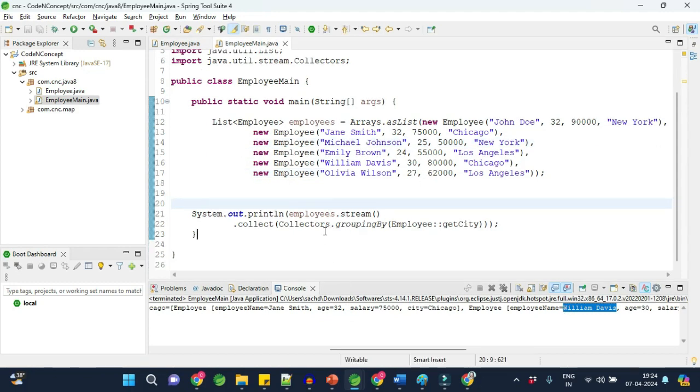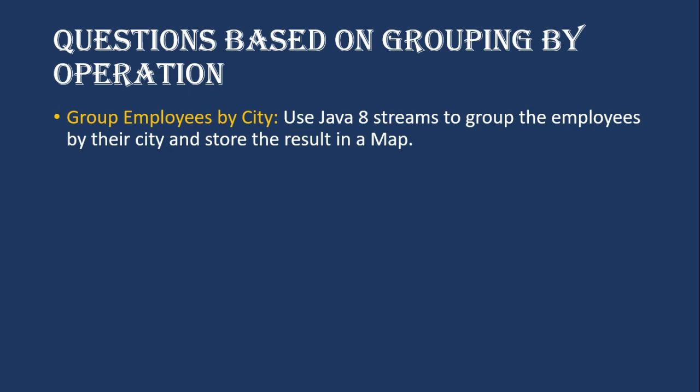So now we will move to the next question. Yeah guys, we will stop the video here, because if we cover all the questions, the video length will increase. In the upcoming video, part 2 of this video, we will cover more questions based upon grouping by and combining operations, and a few more questions which are very